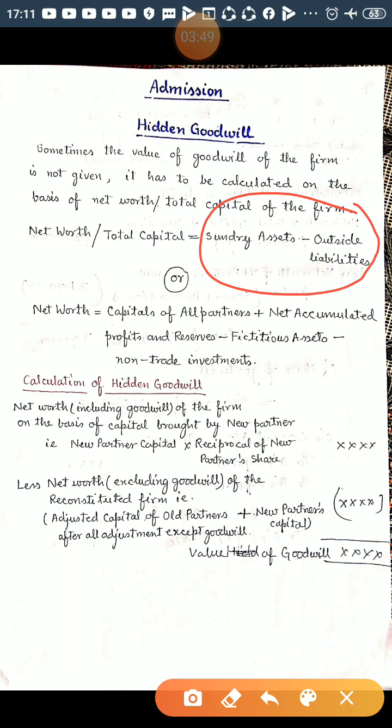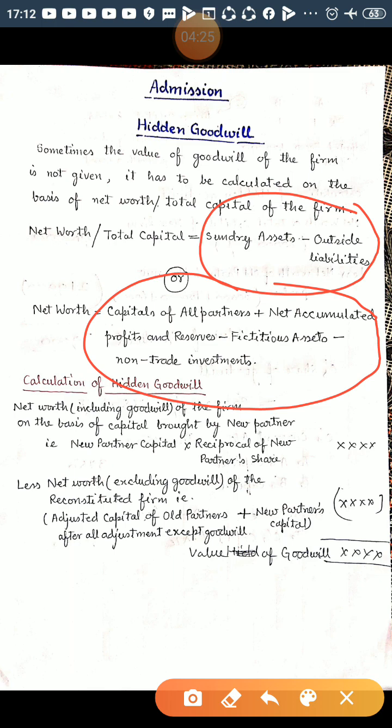The second one is a liability side approach. On the liability side, you add the capitals of the partners, and apart from this, all the undistributed profits in the form of workmen compensation reserve, general reserve, and balance of profit and loss; all these you will add. Apart from this, fictitious assets, that is accumulated losses, such as the profit and loss debit balance and advertisement suspense account,